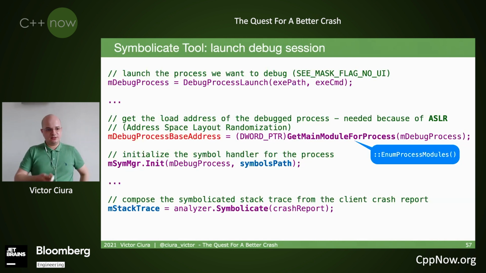And again, we've seen this symbol util helper there, that basically initializes the symbol handler for the current process and looks for the symbol path. Basically, the symbol path is the PDB. It's nothing fancy like a symbol server or anything. So it looks at the PDB in the debug artifacts archive. And we then call the Symbolicate function, and it consumes the crash report and produces a proper stack trace with all the symbols and all the context information that we need.